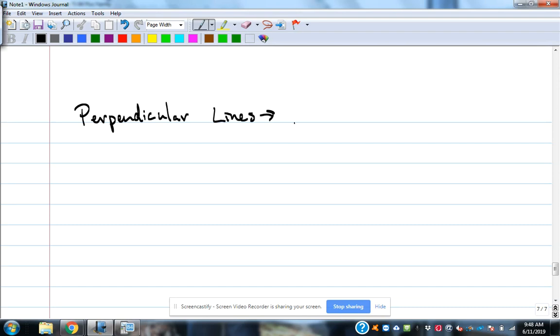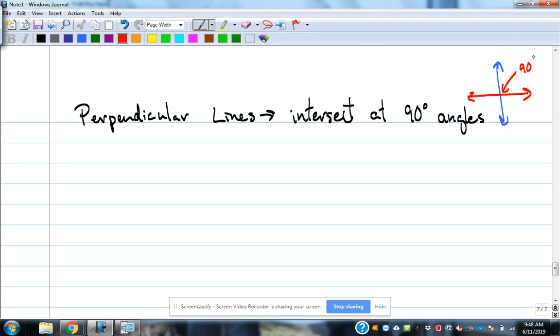They intersect at 90-degree angles. So when two lines that are perpendicular cross, maybe this red one here, they're crossing at 90 degrees. That's what's special about perpendicular. A lot of lines intersect, but perpendicular lines intersect at that 90-degree angle, which is an important thing as far as geometry goes. So intersecting at 90-degree angles,